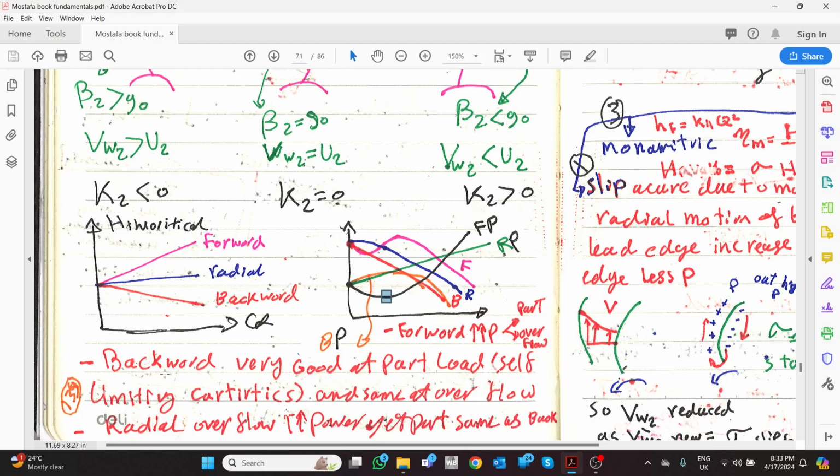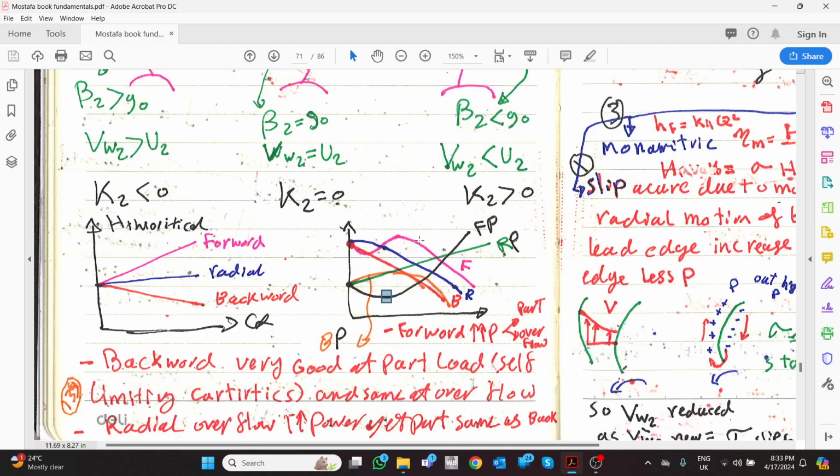So we can say that a backward blade is very good at part load, as it has a self-limiting characteristic, even the radial one. And the same as overflow, also as the overflow. Radial at the part load only, but at the overflow it has no self-limiting characteristic. And also the forward curve